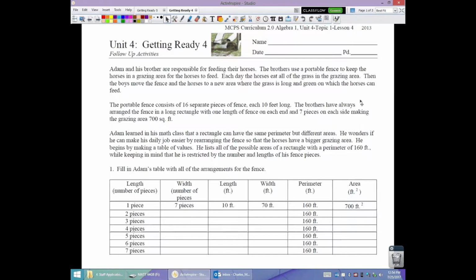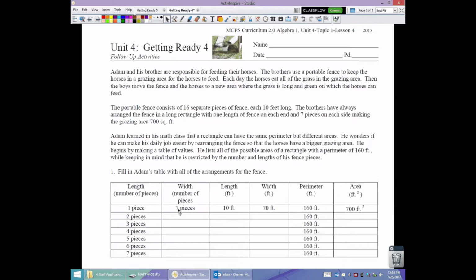We've got Adam and his brother making a big pen for their horses, very similar to what we did with the rabbit in class. So the first step is to just fill out the table here, which they've given us with one extra little wrinkle: we have pieces of fence, and each piece is 10 feet, rather than just talking about the length of the fence. So 2 pieces used for length would leave me